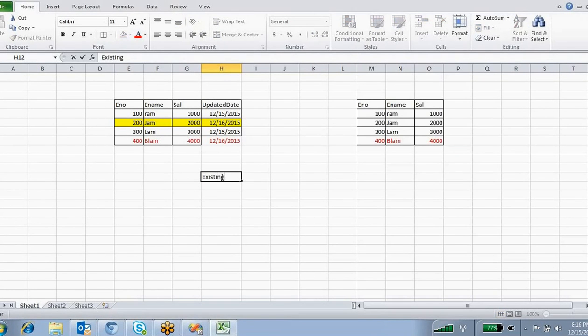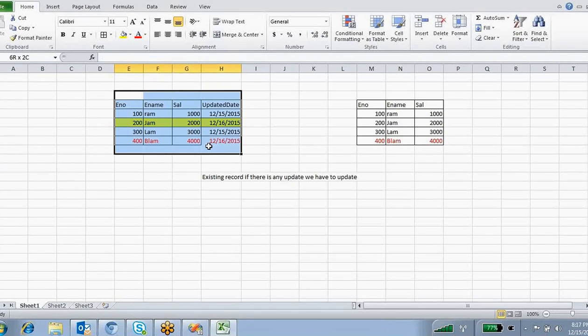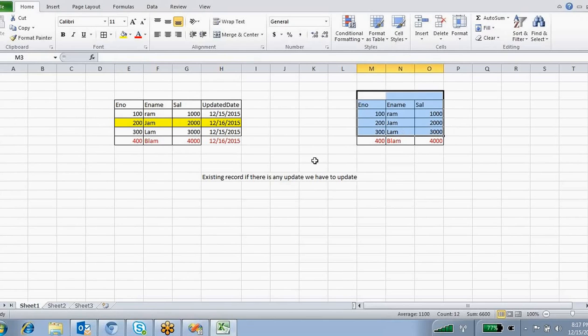So the main content of this one is: for an existing record, if there is any update, we have to update. In this situation, the updation is required for employee 200. And if there is any new record existing in your source system and not existing in your target system, you have to insert that record into that table, that is 400 blam 4000.